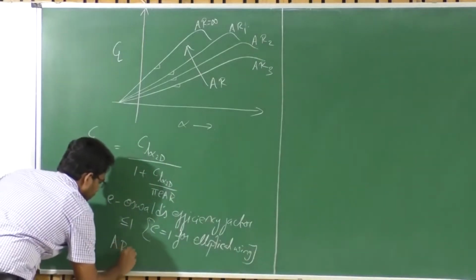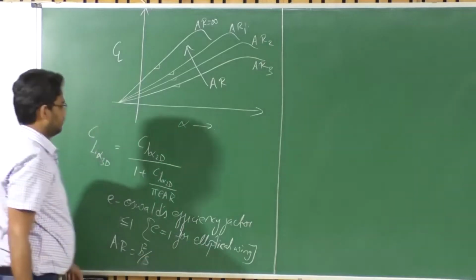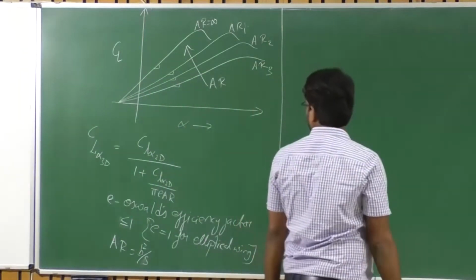AR is the aspect ratio of the finite wing, okay? Right, so